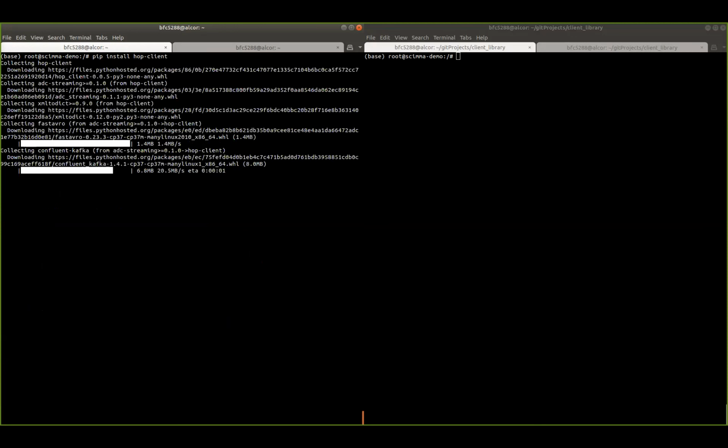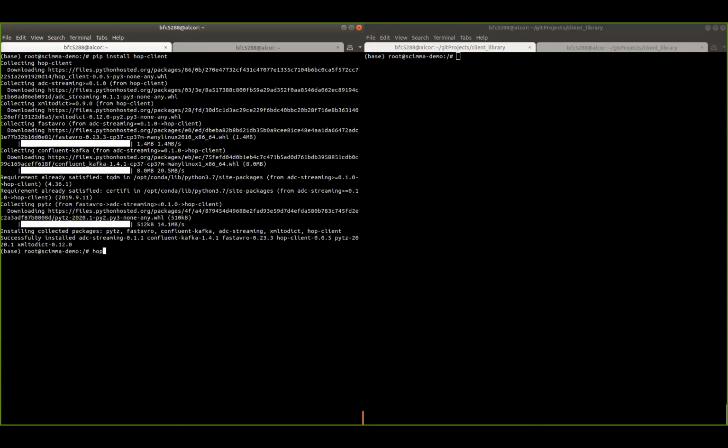And we can do the same thing with the Python package index with pip. And that'll give us the Hop client installed.